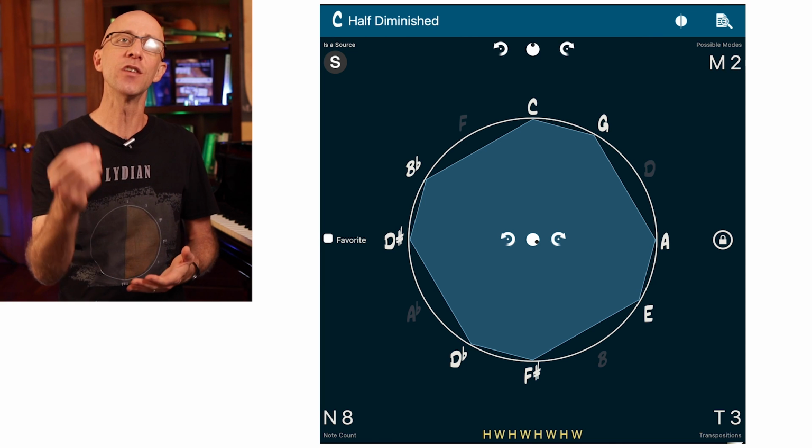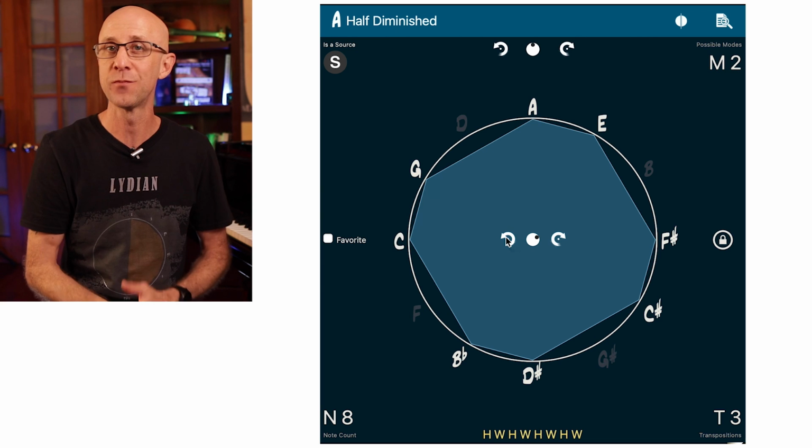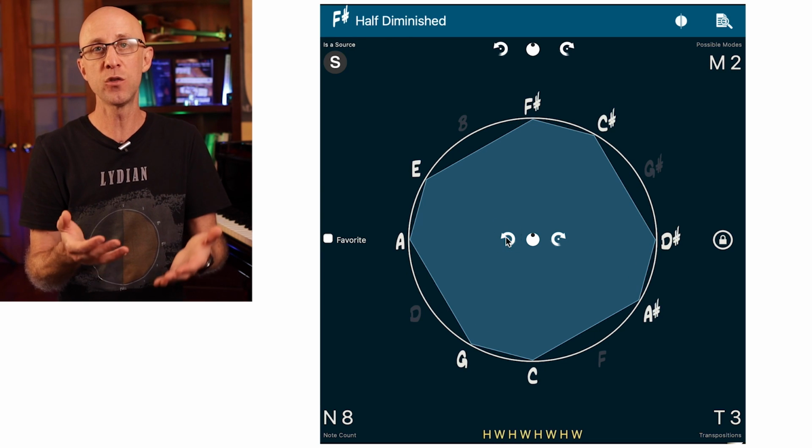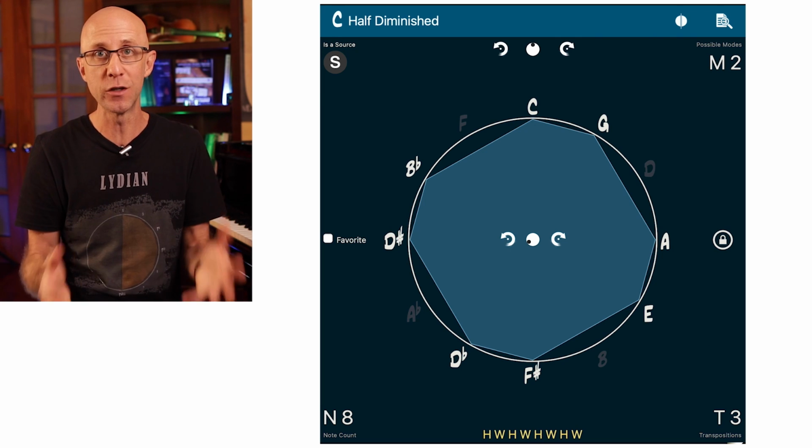You can also see this clearly when we rotate the graph over the circle of fifths. There's only 2 ways in which we can draw this graph within the circle no matter how much we turn it around. Now, the half-whole scale, as we talked about ad nauseam on our channel, is a great scale for dominant chords. The C half-whole creates a very interesting sound over a C7, and it resolves beautifully to an F major.